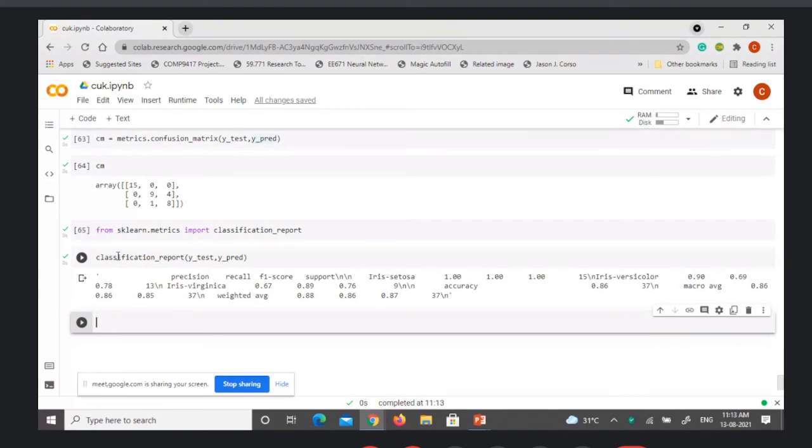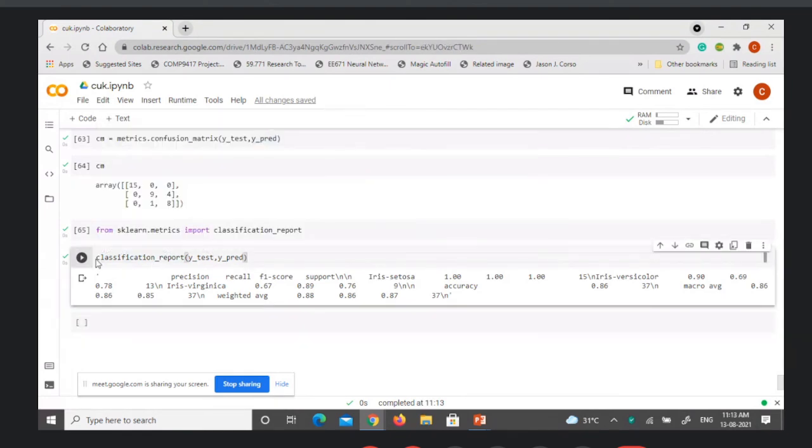So you will get this sort of a report: precision, recall, the F1 score and the support. Okay, I'll print it.